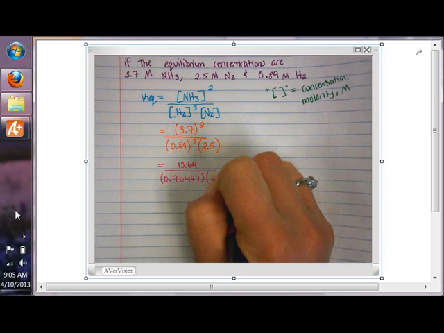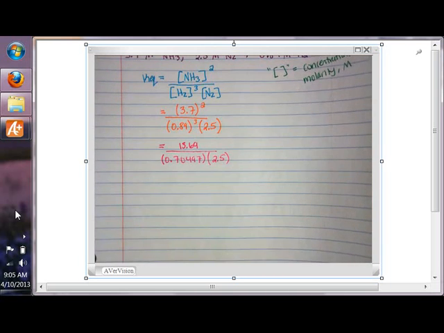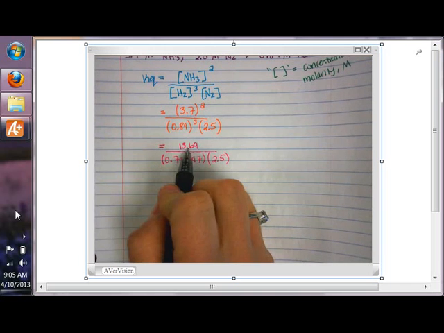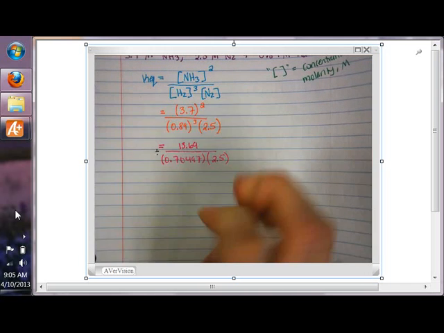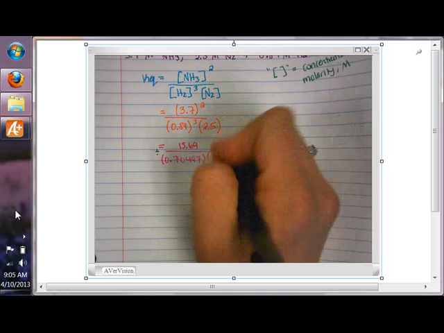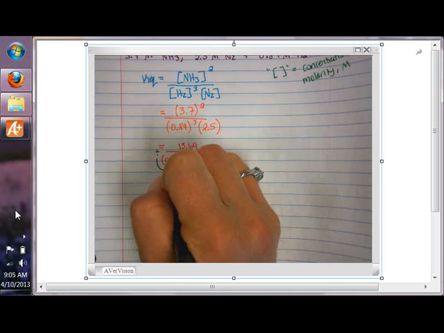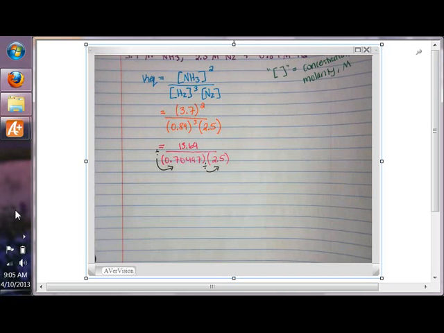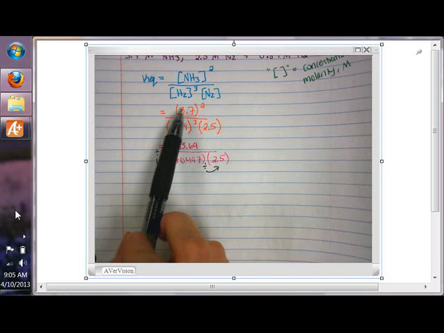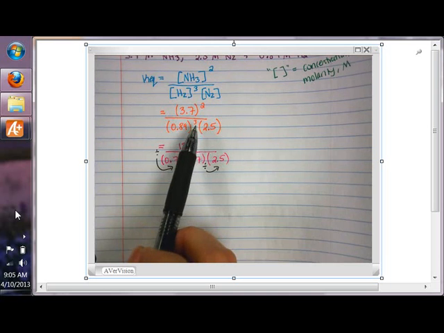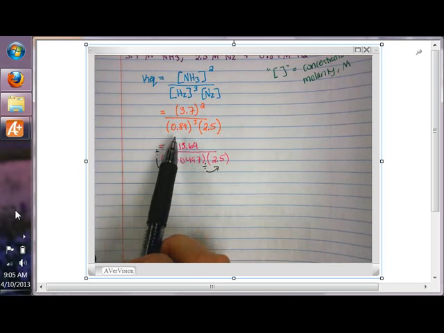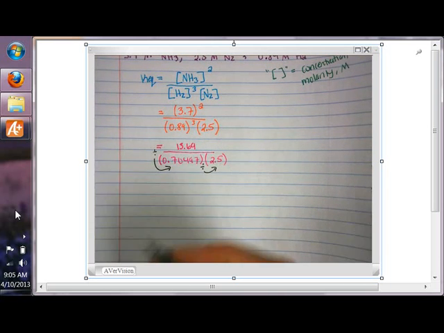So when you're typing this into your calculator, you're going to type that in, hit divided by this, and hit divided by again this. So make sure you type it in correctly. If you want to type it all into your calculator just with the exponents, you can. I just want to make sure that you guys are following the steps. So you type that into your calculator and it spits out